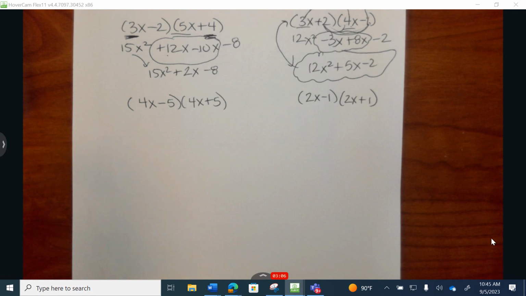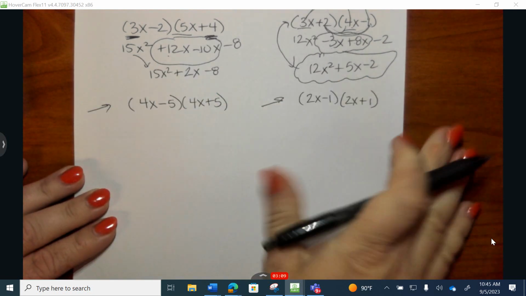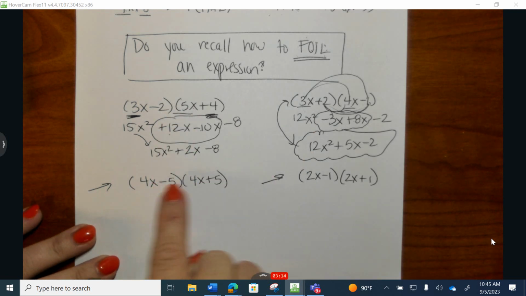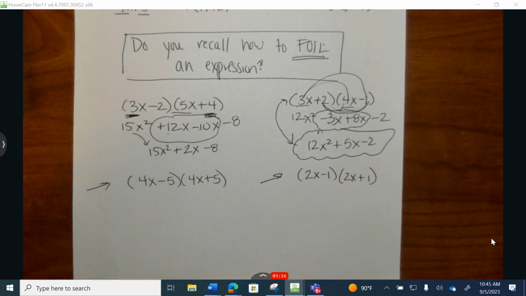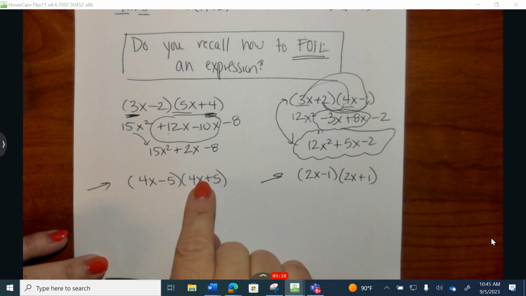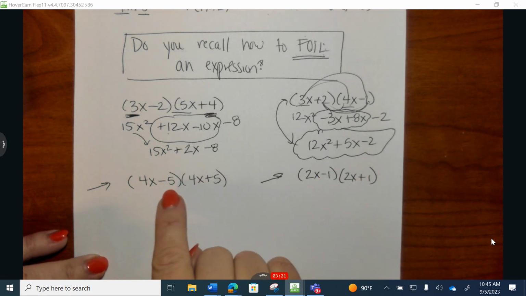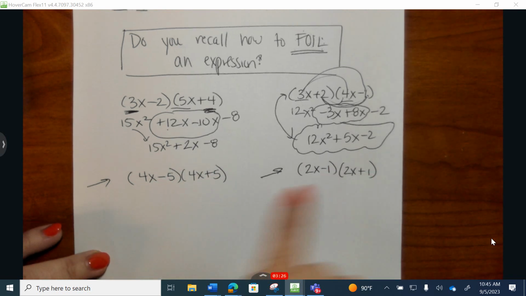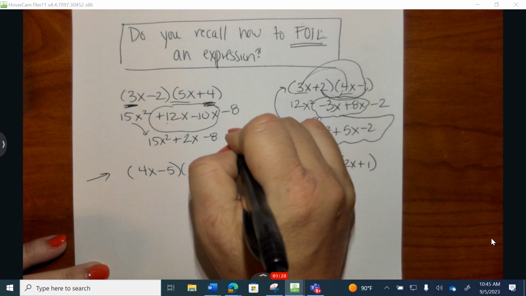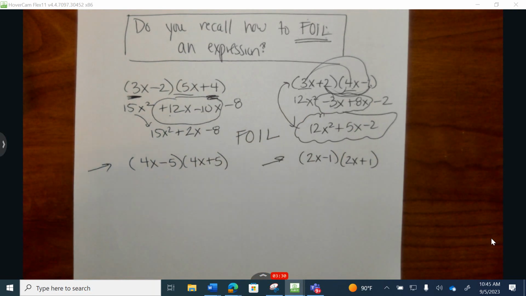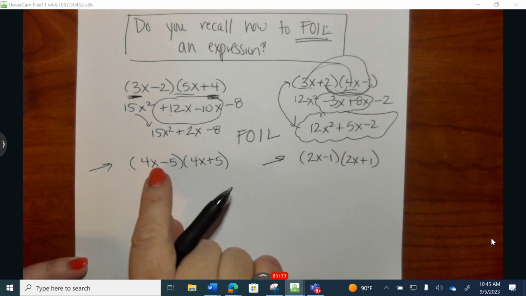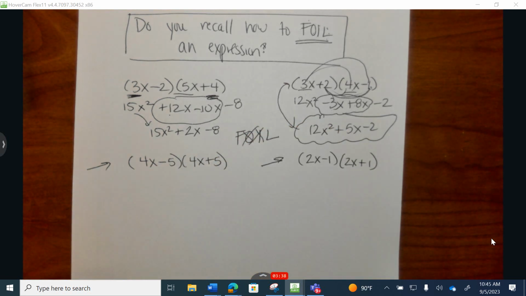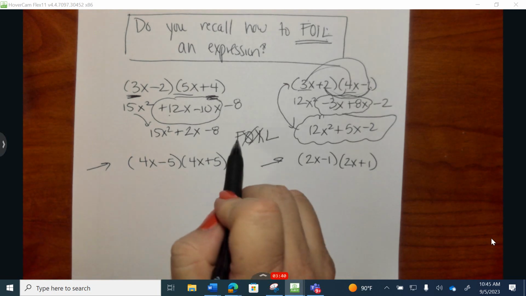All right, now these look different. So example 3 and example 4, they're both in factored form, but what's different than example 1 and 2 is we see the exact same thing in parentheses, but the only difference is 1 is subtraction and 1 is addition. It doesn't matter if subtraction comes first or second. The only difference in the parentheses is 1 is subtraction, 1 is addition. So here's the key. There's a shortcut. When they're exactly the same, only the sign in between is different, we get to skip out on doing the O and the I because they would just cancel each other out, and we only have to do the front